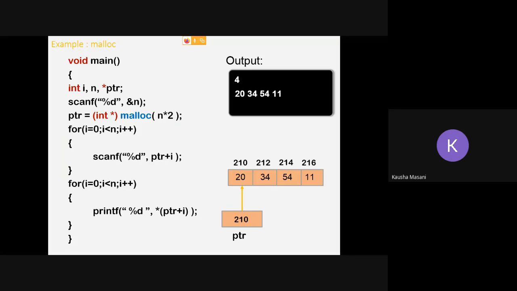The starting address is 210, and with the help of that starting address, one by one we are entering those four values. Now in the second part of your for loop, which prints those values, when it is executed, in your output again you get 20, 34, 54 and 11. But do you find any problem here in this program?